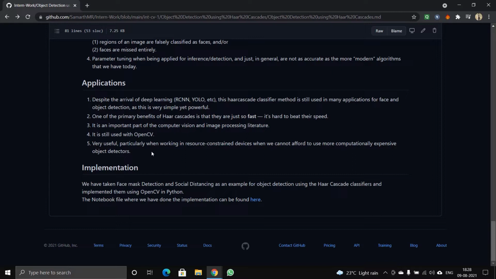So let's move on to the implementation part. Here we have taken face mask detection and social distancing as an example for object detection using Haar cascade classifiers. The notebook file that we have implemented can be found here.